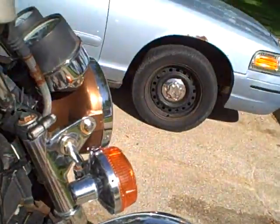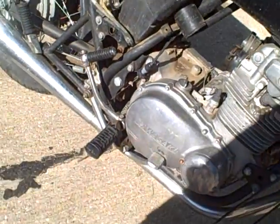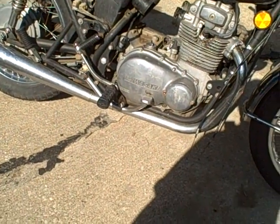My dad wants the blinkers and the wheels and everything else. He wants the stuff that makes the bike look good, because he's got a KZ400 as well, 1976. And this is a standard model, but his is the S2. And the guy who built it